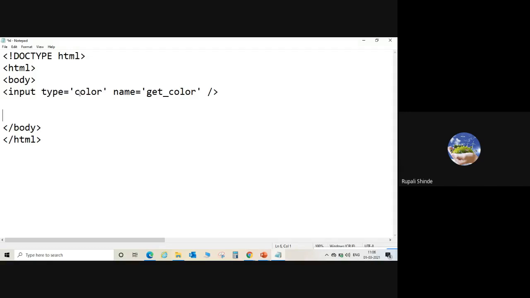Then name is the same as a variable name. With the help of that name we are going to identify that particular input. Here for the color picker, the name of that input is get color. It is important when you are dealing with dynamic web page design.